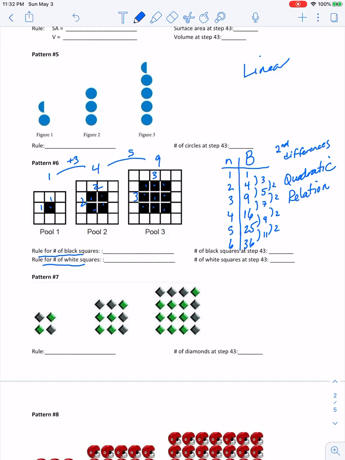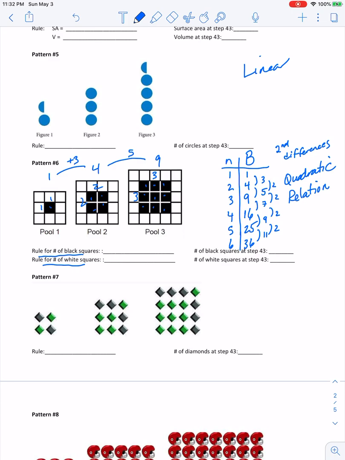Okay, quadratic. So the second differences have to be the same. They don't always have to be 2, they just have to always be the same. So this is a quadratic relation, and in a quadratic relation, you have a squaring feature to one of your